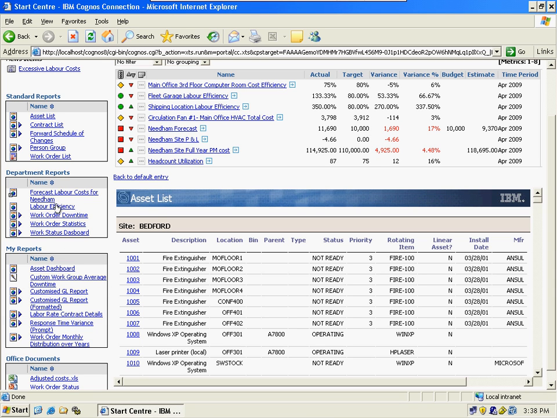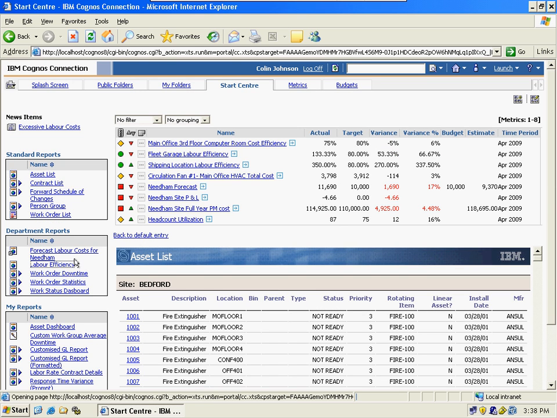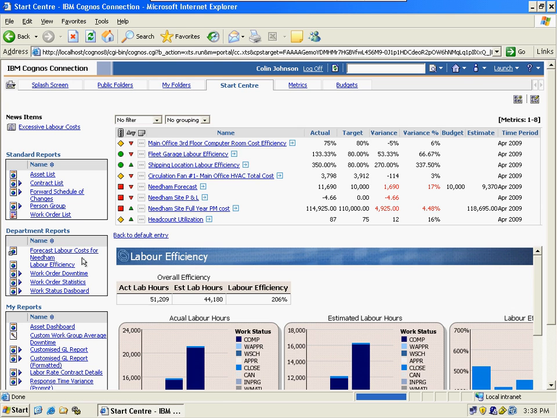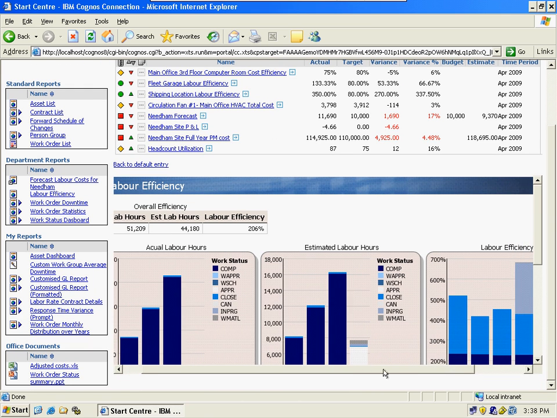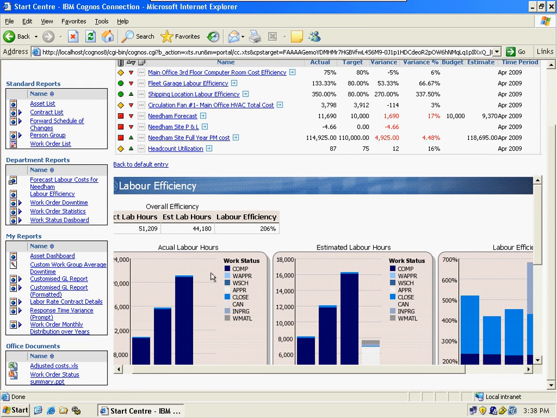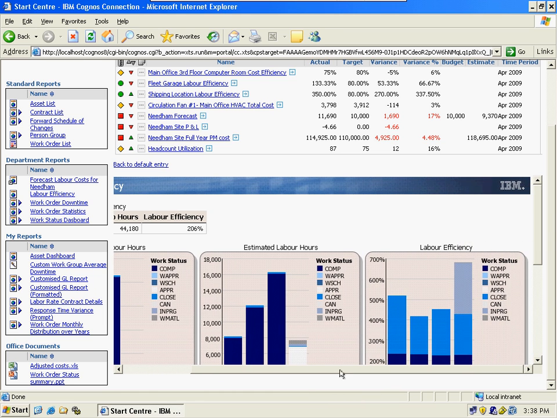If we move more into some of the departmental reports, one of the areas that I might be interested in looking at is labour efficiency. And when I'm looking at labour efficiency, what I'm focusing on here is, from my work orders in the system, how much time I've actually spent working on each of those orders compared with what I estimated them, the time that required. In that case, by dividing one by the other to get a ratio,